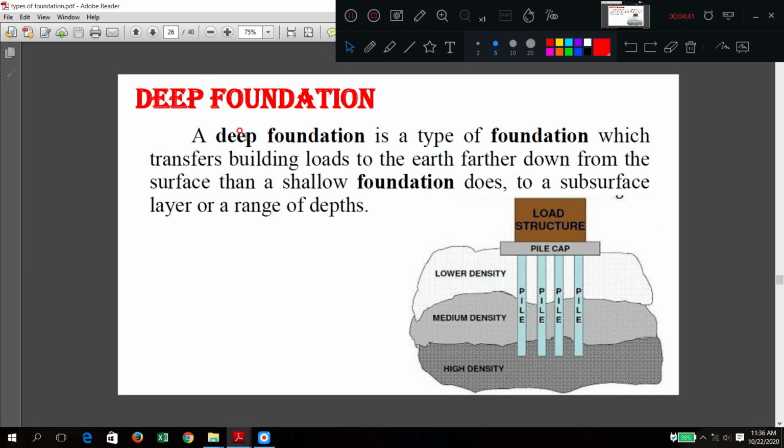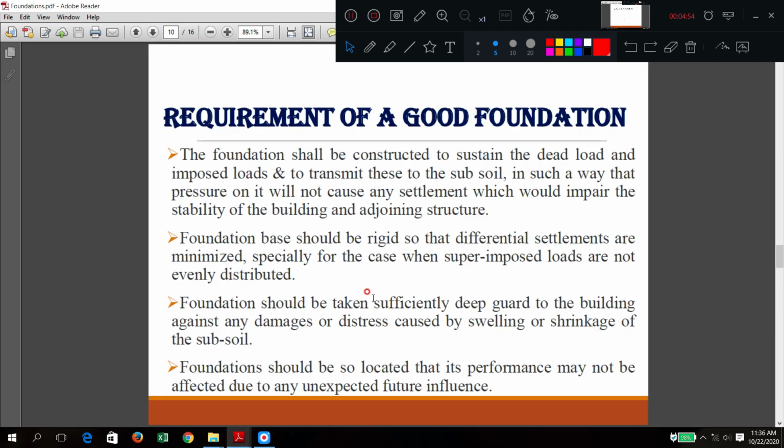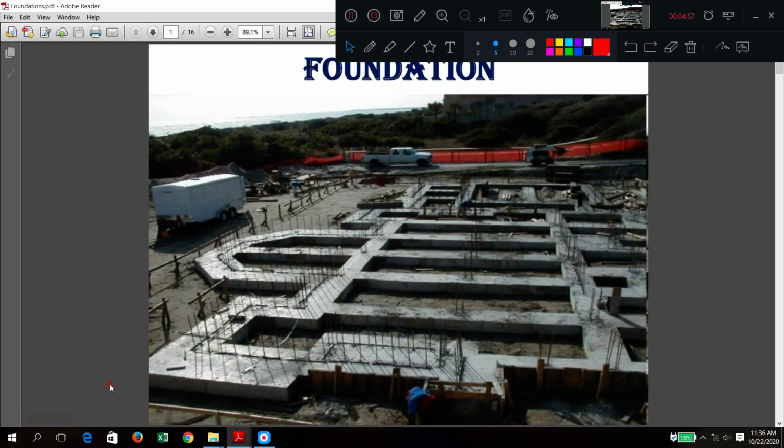Now, before going to deep foundation, I wanted to explain about settlement. Some diagrams are there, unequal settlement and all. We'll see that in another slide. Okay, this is one typical foundation. It is common for all. Sometimes it is combined. Here the strap beams are there. Some strap beams are also provided for this column, this column, this column. Somewhere it is a combined footing for one or two columns. Like this, it depends upon the design.